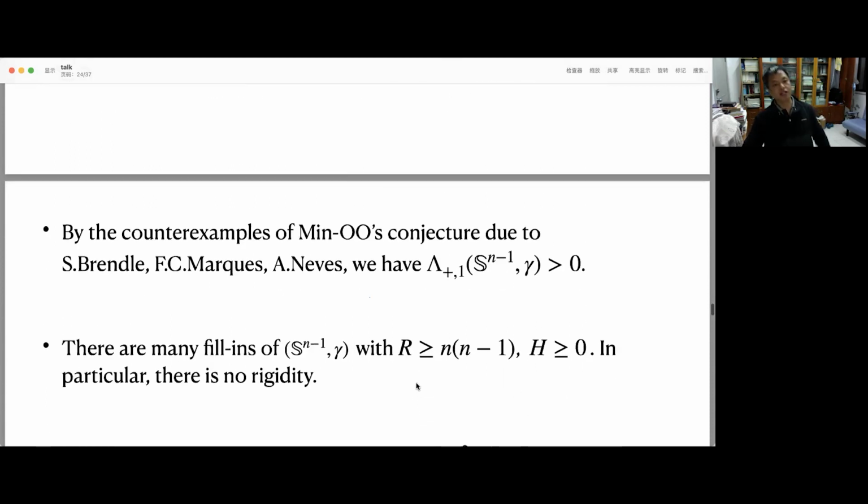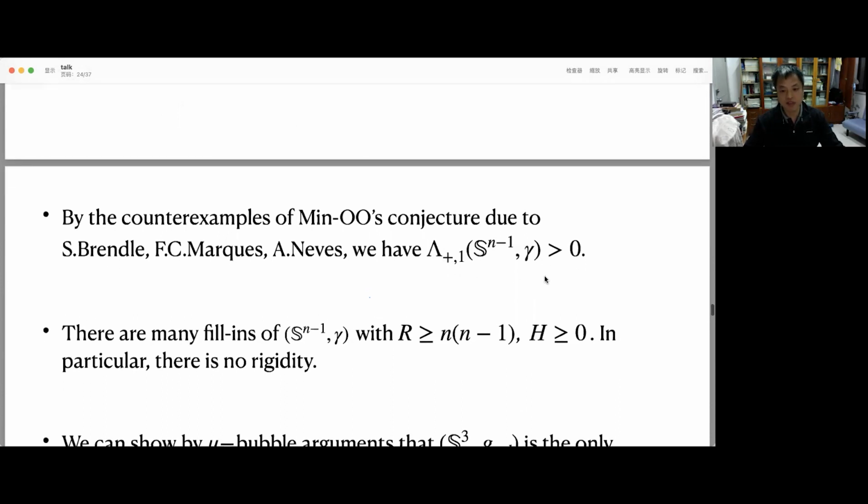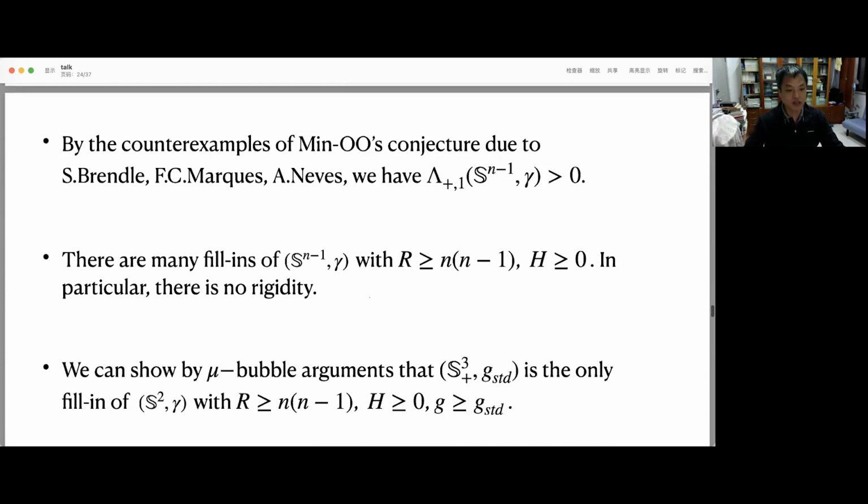Actually, now here's some remark. By the counterexample to the Min-Oo conjecture due to Brendle, Marques, and Neves, we have this point: lambda plus one of the standard sphere is actually positive. That means we have many fillings of positive scalar curvature of the unit sphere. In particular, there are no rigid results in this. Now, recently, we can show by a mu-bubble argument that the hemisphere is the only filling of this two-dimensional standard sphere